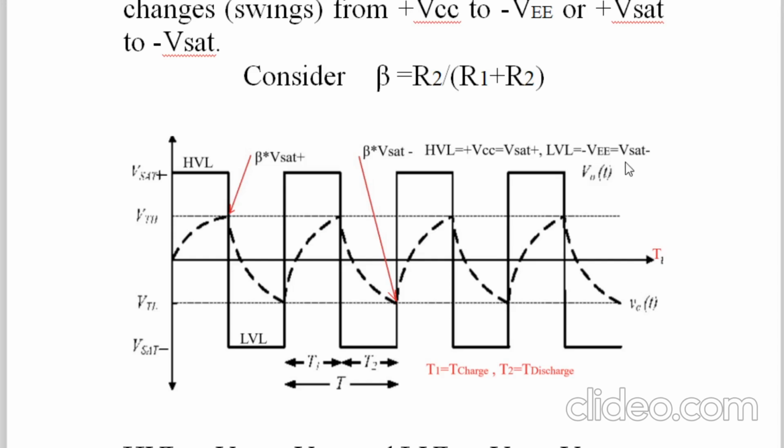In this way, what we have considered initially is that the output of the op-amp is in HVL. So see, initially we have shown at time t equal to 0 the output is in HVL, and initially the capacitor was discharged. So here this is the charging and discharging of the capacitor. Can you see? Yes. And this is the output. Sometimes HVL equal to plus VCC, sometimes LVL equal to minus VEE. So initially we consider output in HVL, and the capacitor starts charging from what volt? 0 volt.